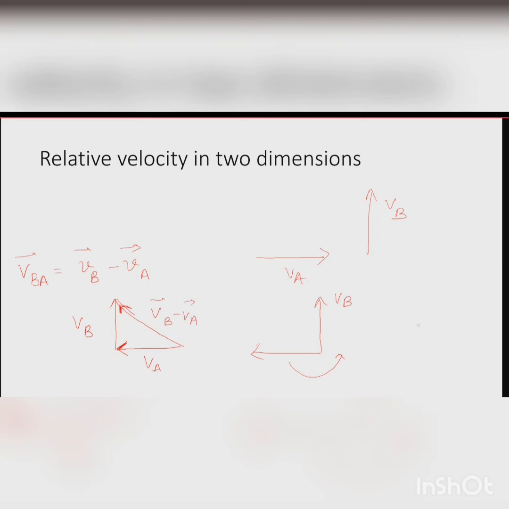So can you see the difference? VA minus VB was VA and minus VB, and it was coming in this direction. This is VA minus VB and this is VB minus VA. The magnitude of these two vectors is going to be the same, but the vectors cannot be called the same because their directions are totally different. One is along the southeast direction, the other is along the northwest direction.